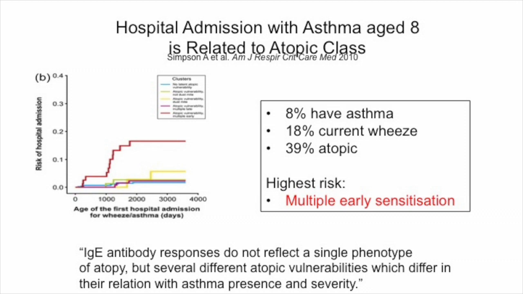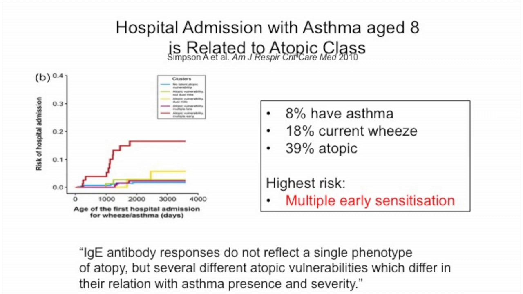The only way to answer these important research questions is to have a birth cohort study. And I'll be showing quite a bit of data from the Manchester Asthma and Allergy study, which is a birth cohort study which was actually started in 1996. And so the children are now 23. What they did in this study is that they followed the children up after birth. They had sensitisation data at years 1, 3, 5 and 8, and they had hospital admission data at the age of 8. And hospital admission with wheeze is a really good hard marker for the diagnosis of asthma.